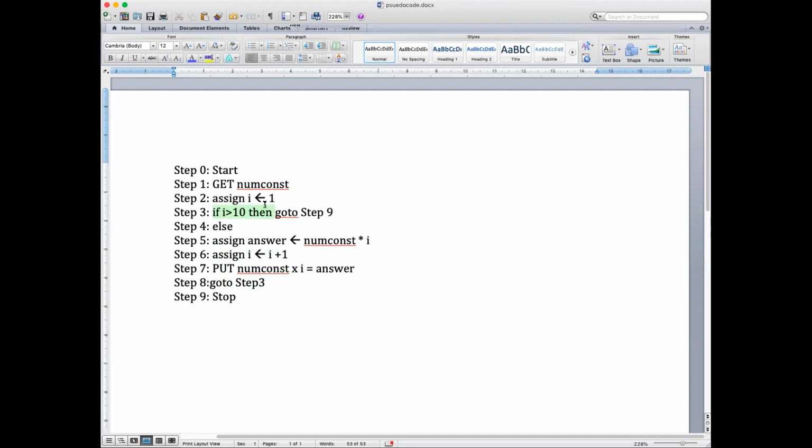So this is the statement I am mentioning yes. I don't have any separate statements if the condition is true. That's why I am telling go to step 9. So I can write it in the same line. And this is the condition false. That's why I'm writing else. And I have written the statement separately, and I am displaying this one. So instead of put, you can also write display. Okay. So remember these keywords.